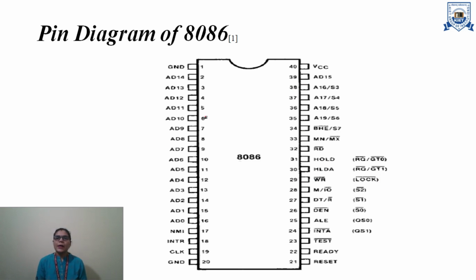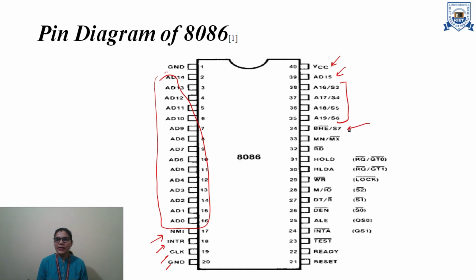This is the pin diagram of 8086 microprocessor. It is suggested that before studying this lecture, you should go through the pin diagram lecture of 8086 microprocessor. 8086 provides address and data buses, non-maskable interrupt pin, general interrupt pin, clock, ground, power supply pin, address and data pin, address and status multiplex pins, bus high enable and status pin, mode selection pin, read pin, hold and HLDA DMA transfer pin, write control pin,